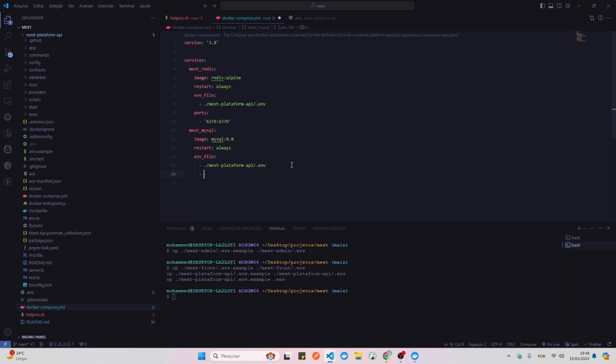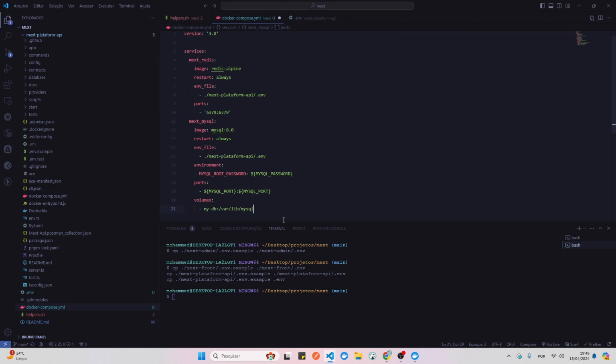Be careful with the indentations. Here, just because it's MySQL and I don't have the root password in my .env file over here, let me add a few environments, just for MySQL. Map the port. Now, you don't actually need to expose the Redis and MySQL ports because they're getting called locally, right? Inside the Docker container. But I'm just exposing it so if you want to test it in your terminal,